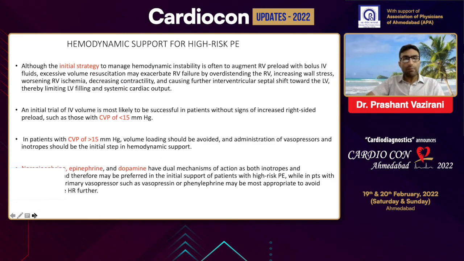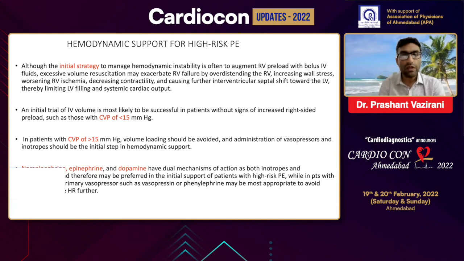So, hemodynamic support. Although the initial strategy to manage hemodynamic instability is often to augment the RV preload by bolus IV fluids, excessive volume resuscitation may exacerbate RV failure by overdistending the RV, increasing the wall stress and worsening RV ischemia, decreasing contractility and causing further ventricular shifts towards the LV, causing decreased LV filling and decreasing cardiac output. And therefore, an initial trial of IV volume is most likely to be successful in patients without signs of increased right-sided